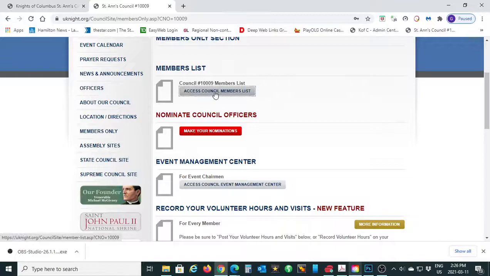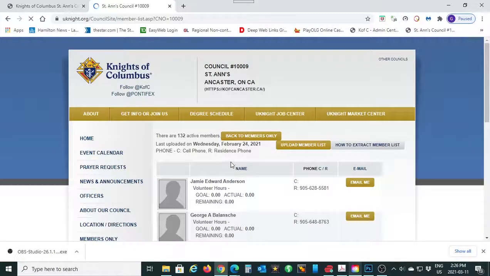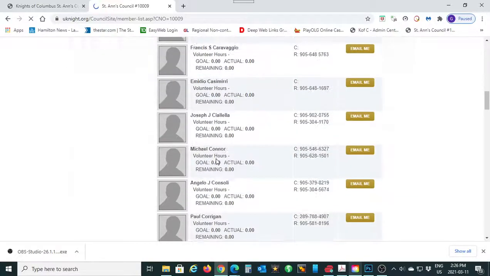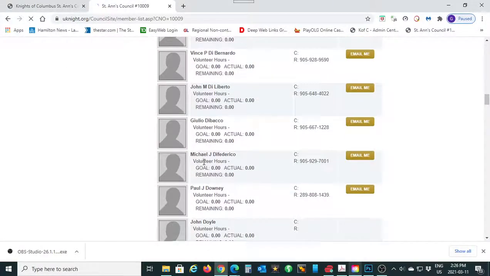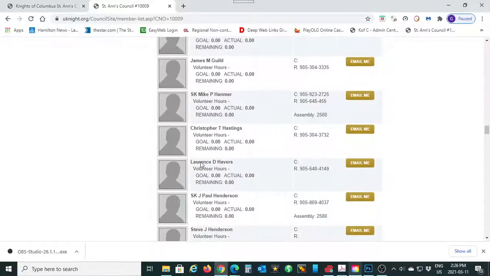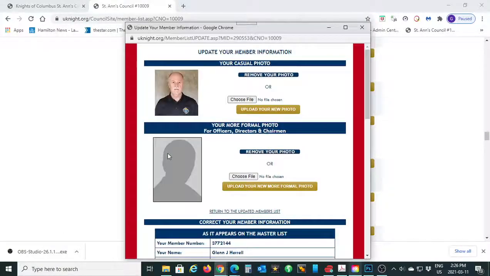Here we can access the council members list directly, and in here it'll list all of our members currently up to date, and you can email that person directly whenever you wish to. And if you scroll down to eventually find your own name, once you have entered the website, you will see that you'll be able to update your website, or sorry, your